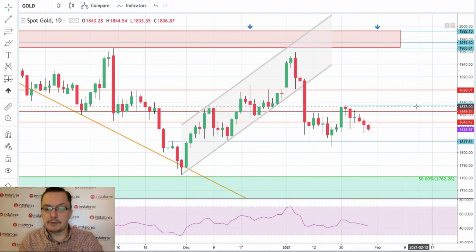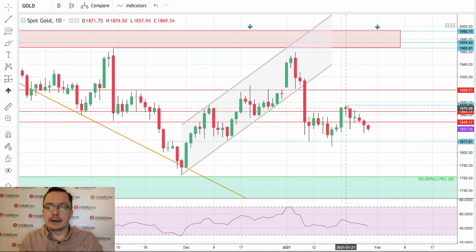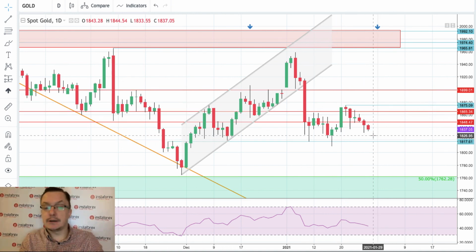We can just point out our last local high at 1,875. It looks bearish to me, but if the US dollar index rallies and the stocks fall, some part of the capital might flow into spot gold. So please pay attention to this current situation. So far, not much is going on, but the pressure from the bears is quite visible on the spot gold market.